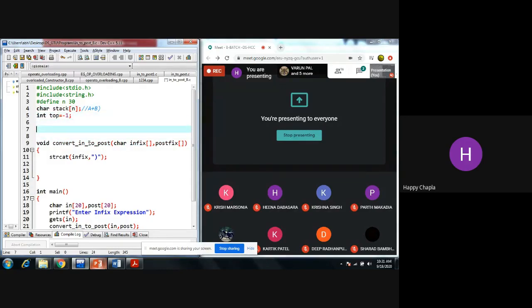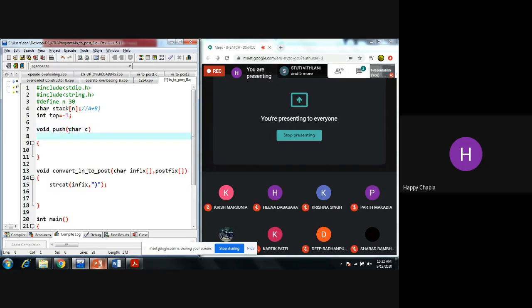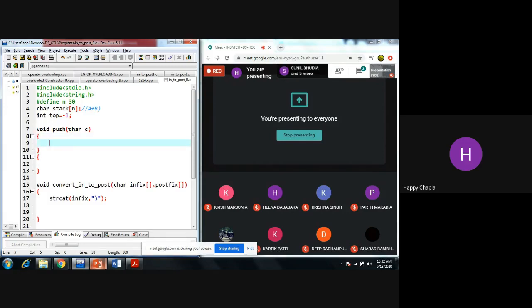So for this I'm making one function, void push. And whatever elements will come from here, I need to push that character C. Now, the first thing we need to check,